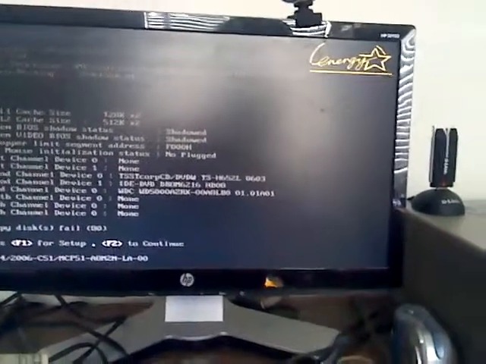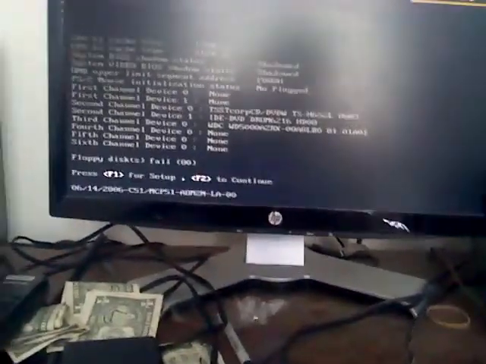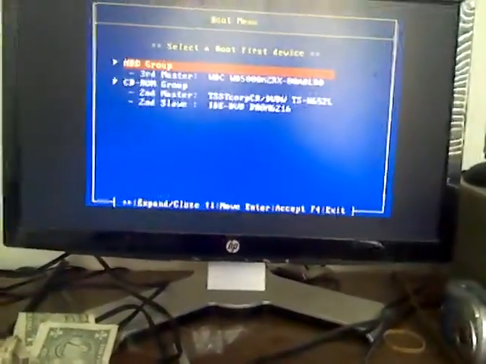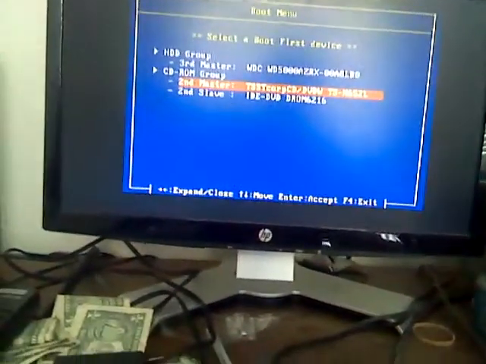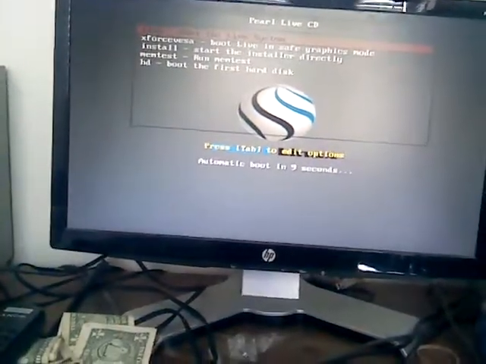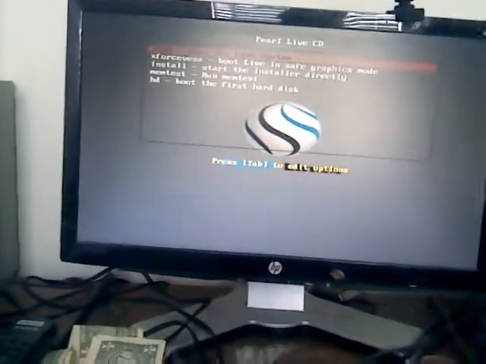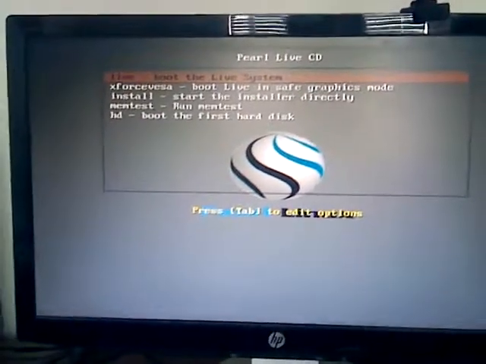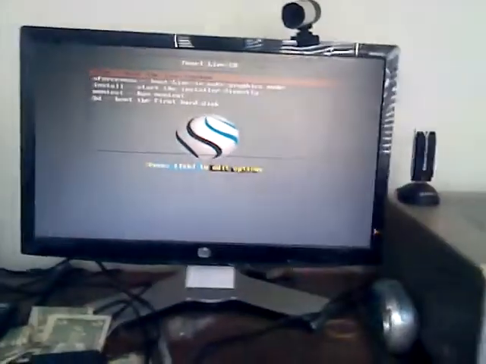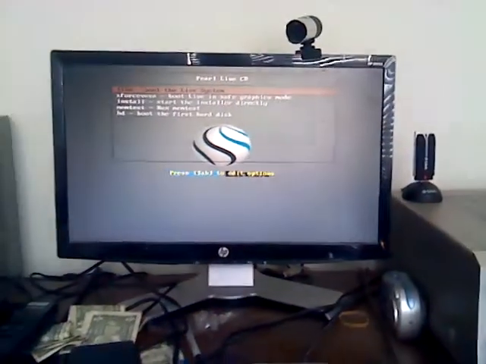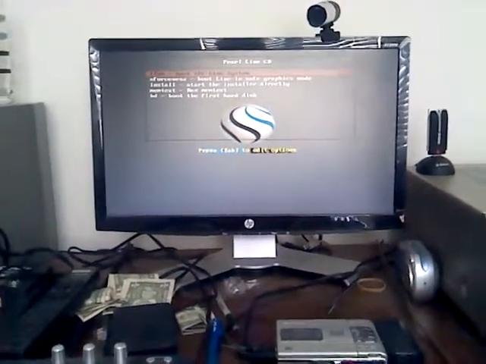So we're gonna do a video on Pearl OS, and hopefully not fail this time, which I don't think we will. Yesterday when I tried this, when I was messing around with Cheese, it locked up the whole entire thing, so we're going to try this again. This time, hopefully, I will give you guys a good